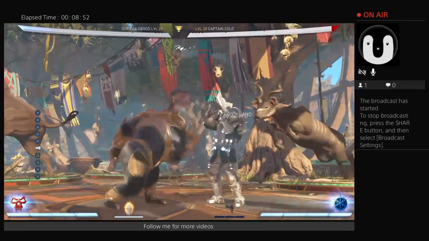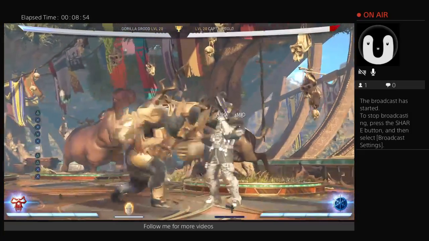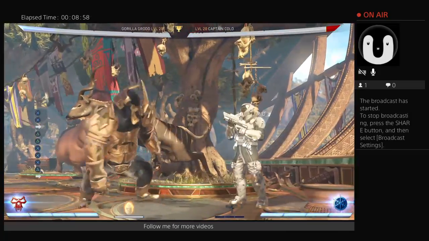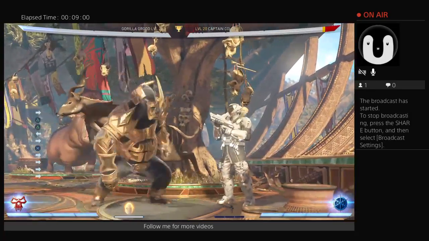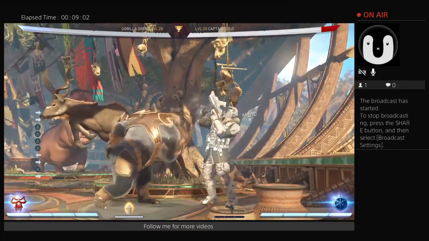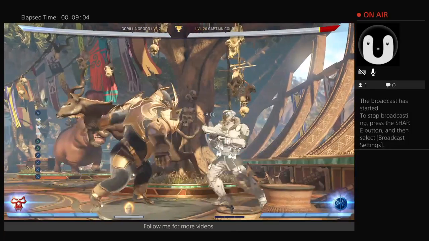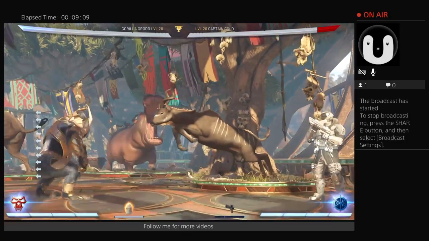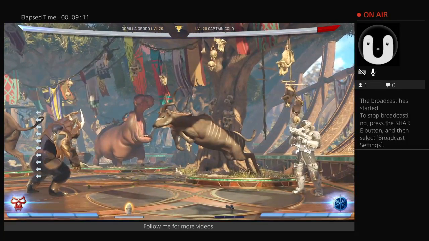this is your best keep away. If you ever get this in, say you have no meter, and you don't want to risk somebody reading your mix-ups, they're reading the pressure stream and all this other stuff, but you get the hit in, you can rather go for that and back them away. But you're at a good advantage and you're at a disadvantage, as Grodd